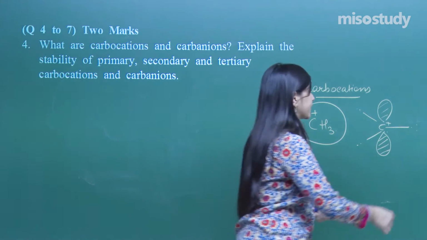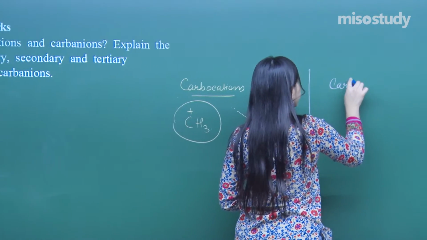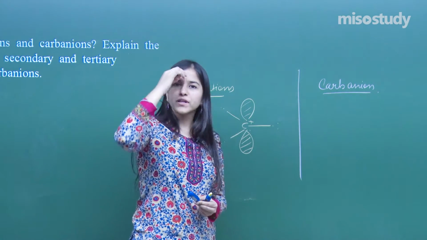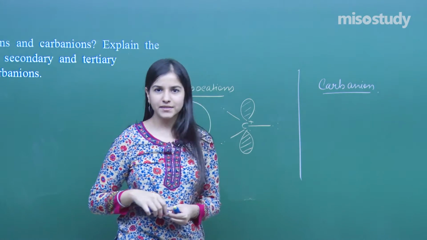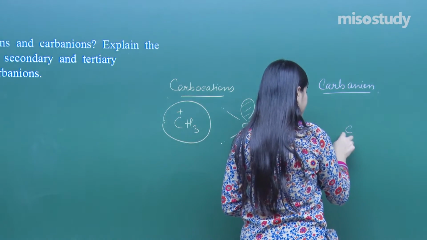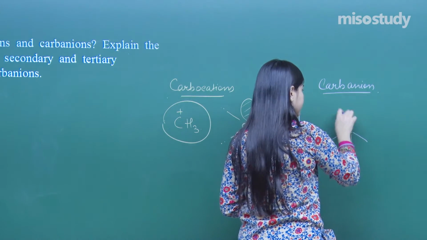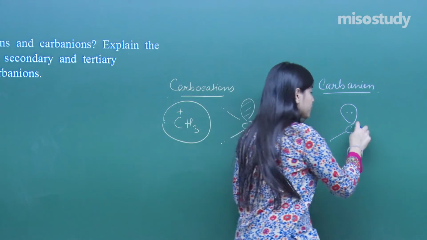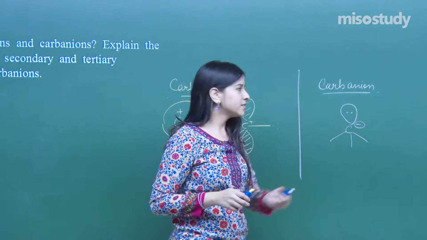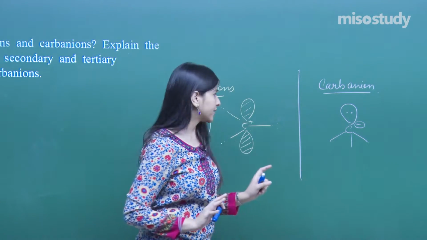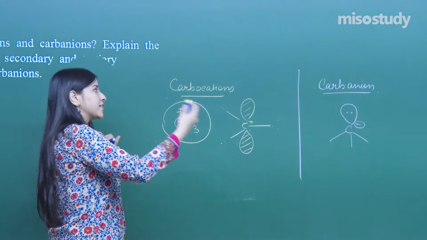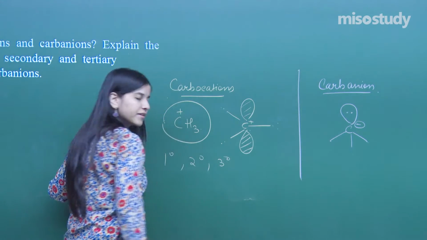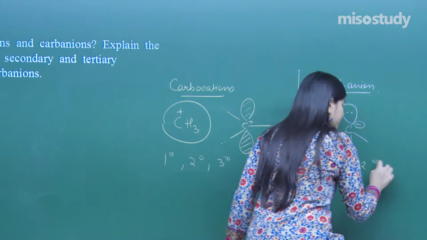Now this is a carbocation. If I talk about a carbanion, are you able to draw the ammonia structure? A similar structure would be for the carbanion. So basically a carbanion is a species like this, having one lone pair, a negative charge over it, right? So that is what a carbanion is, the basic structure I have drawn here, right? So now there are different types of carbocations and carbanions. I have got primary, I have got secondary, I have got tertiary, right?